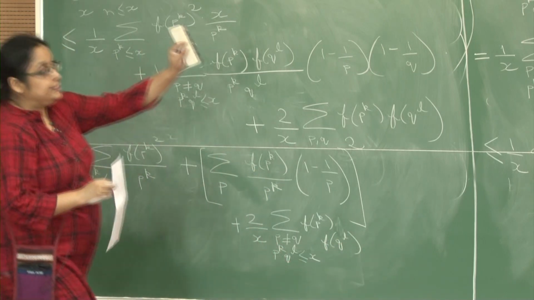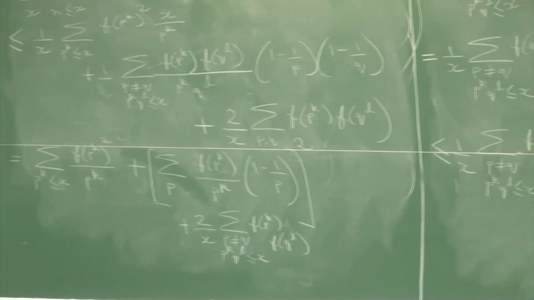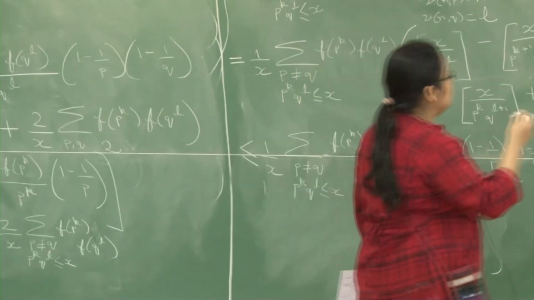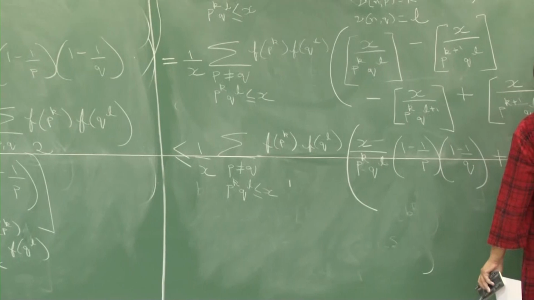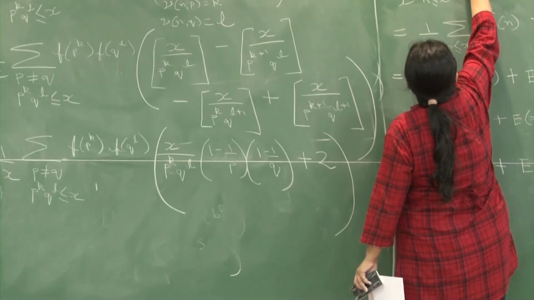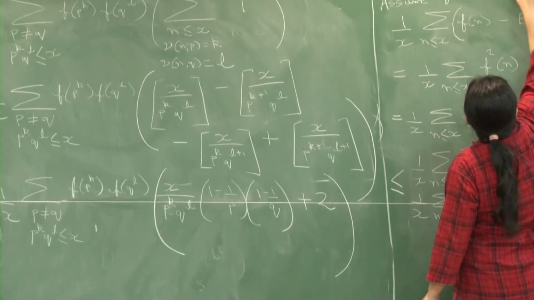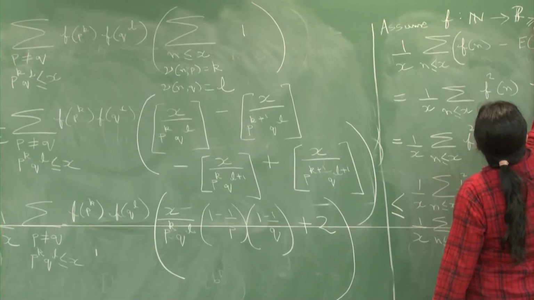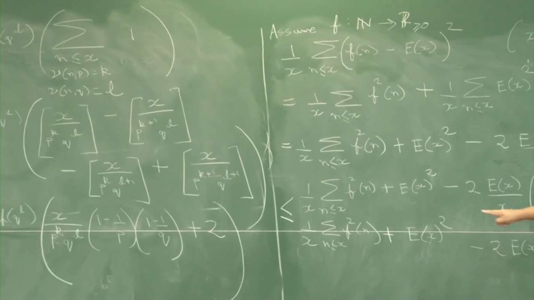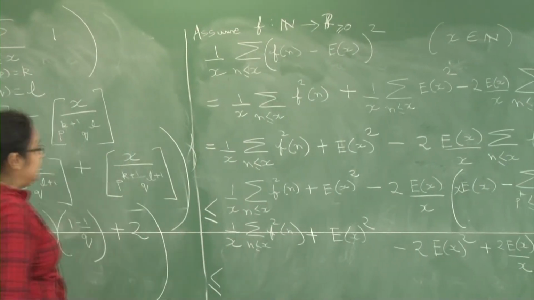So let us assume, later we will generalize it to those functions which could take negative values as well, to begin with, that f is an arithmetic function taking non-negative real values. So in that case, this whole thing, using what we showed above, is less than or equal to